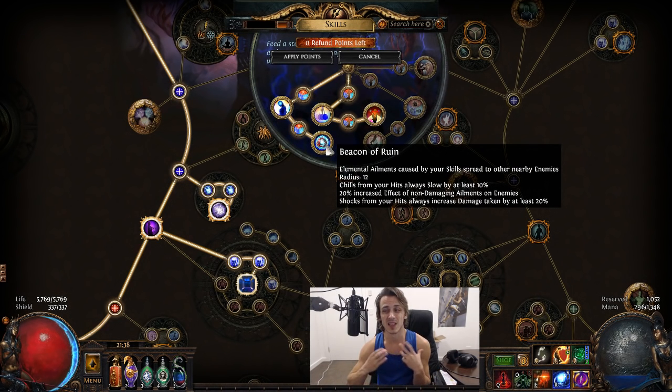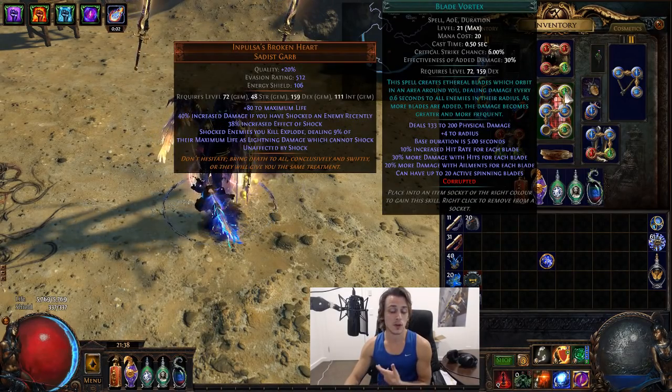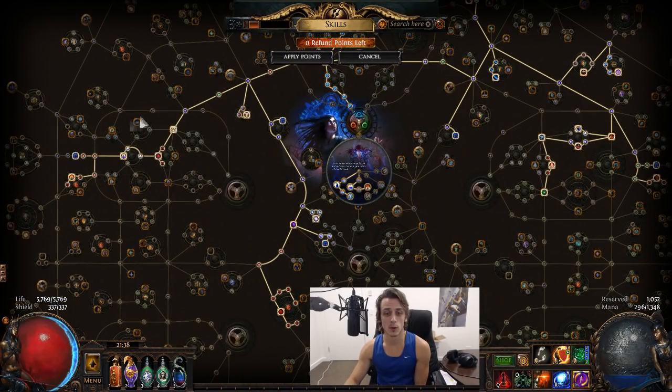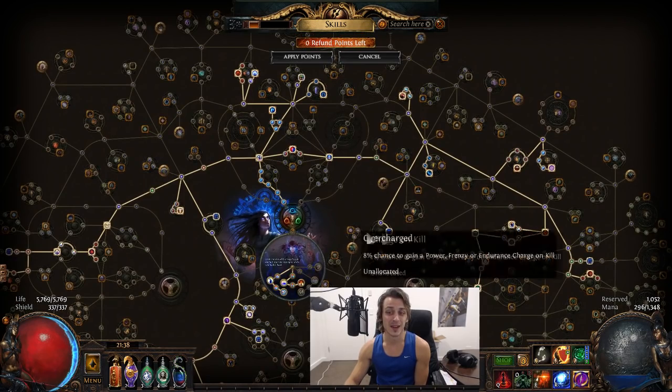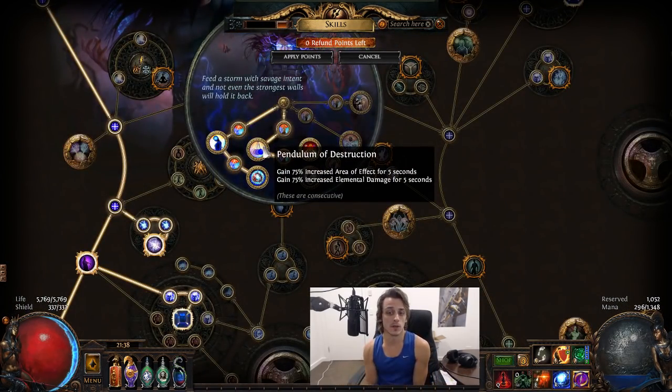shatter enemies a lot more reliably and spread out your AoE from the very small single target of Blade Vortex with no area on the tree anymore. I've gotten rid of all of the area there and there. Absolutely no area anywhere. The only area we get is temporarily from Pendulum of Destruction, which certainly helps and is noticeable at times. So it's not terrible, it's just not super reliable because every 5 seconds kind of a buff